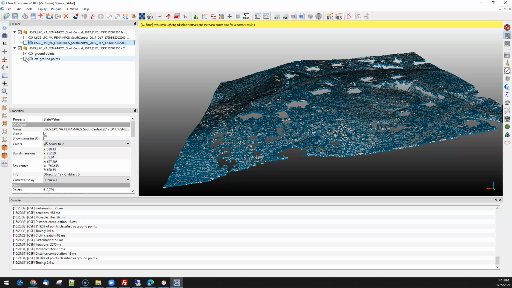And then just a little bit on exploring one of the ground processing algorithms that you can use. It's a fairly popular toolkit, popular in large part because it's integrated with Cloud Compare. And you can see that by changing the parameters a little bit, you can very much change how the ground